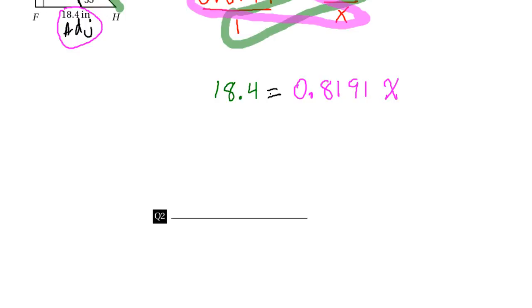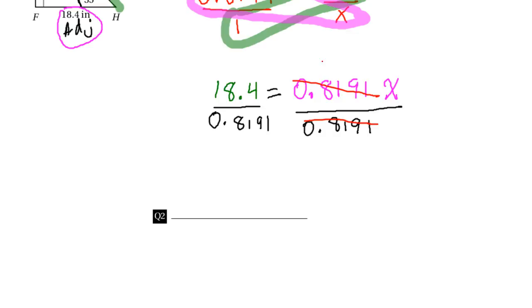So now I need to take one more step and say this x needs to get by itself, and there's a number multiplying it. Well, to undo the multiplication, I'm going to divide on both sides. And I'm going to divide both sides by that 0.8191 number, but if I do it on the right side of the equation, I have to do the same thing over here on the left side. And crossing out my values here, I'm going to get that x is equal to this numerical operation here, so 18.4 divided by